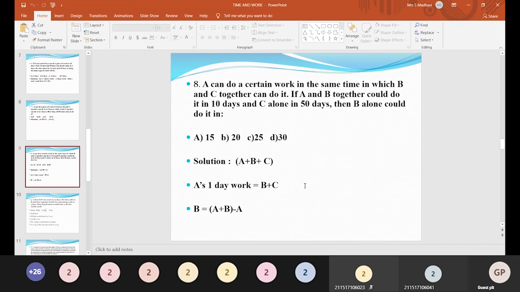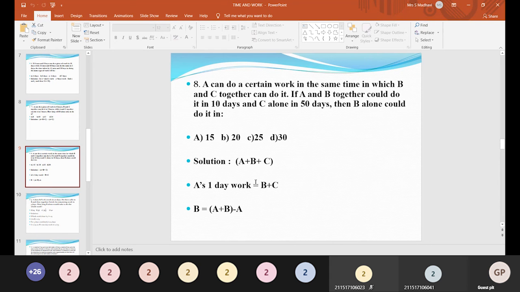Here it is said that A can do the work that B and C together can do. So A is equal to B plus C. So in the equation, B plus C we can take as A. So here A plus A becomes 2A. So A's 1 day's work means 2A is equal to 3 by 25. The 2 on the left hand side must be taken to the right hand side. It is nothing but 3 by 50. See, it is clear, I think. B plus C is nothing but A, so A plus A is equal to 2A. Here 2A is equal to 3 by 25. Now A's 1 day's work, you take the 2 to the other side, is 3 by 50.